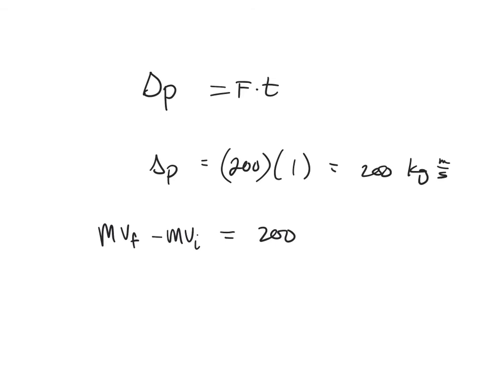If I go further, take a look. Here's my situation. In both cases in this problem, the pebble and the boulder, what were their initial velocities? 0. So this is